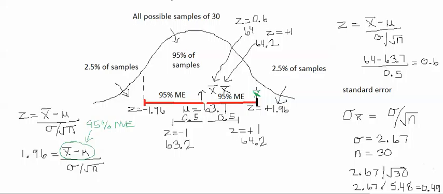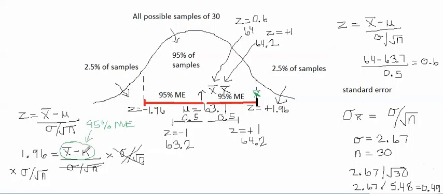So now let's multiply this out. If I multiply both sides by the standard error, this cancels out. This is on the bottom, and you multiply, it cancels out, and all you're left with is this in the